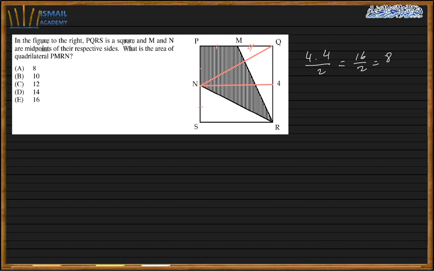But if I use the concept, I will get the same answer. All right, so if this is half, that means this is 2 and this is 2. So if I want to find out the shaded region, I will need to find out the area of those two and subtract it from the whole square. So the whole square is 4 squared minus, and I will find out the area of those two because they're equal, so they're going to be the same. So I just need half times 2 times 4, which is 4. So it's going to be